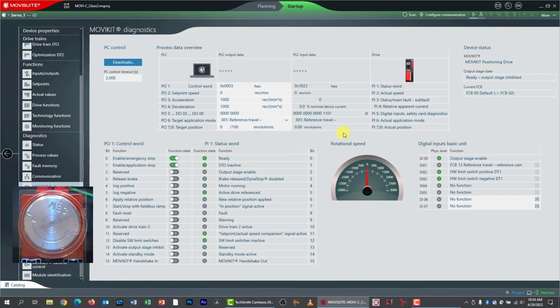And if we go up here to PI 7 and 8, actual position, it's now showing it at 0, which means we've referenced successfully. Also notice that bit 5 and PI 1 is on, active drive referenced, and that confirms we have successfully referenced. Now let's go ahead and do this again, but this time we're going to do an